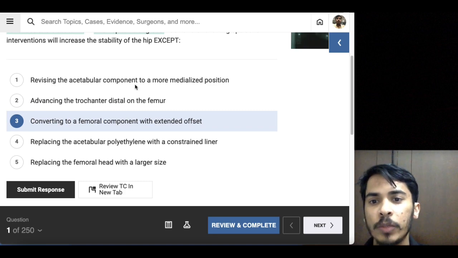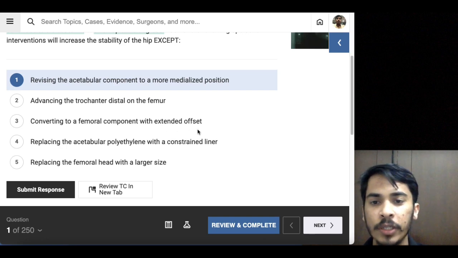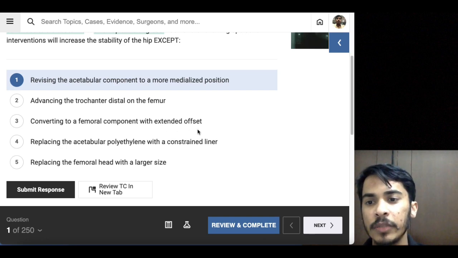Revise the acetabular component to more medialized position. More medialized position will make the abductors lax and it will lead to instability. So it can be the answer. Then advance the trochanter means it will retension the abductor and it will lead to stability. Converting to a femoral component with extended offset, increased offset will lead to tension abductors and it will lead to